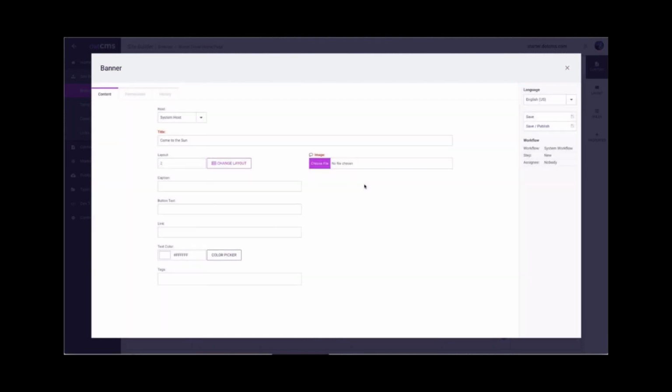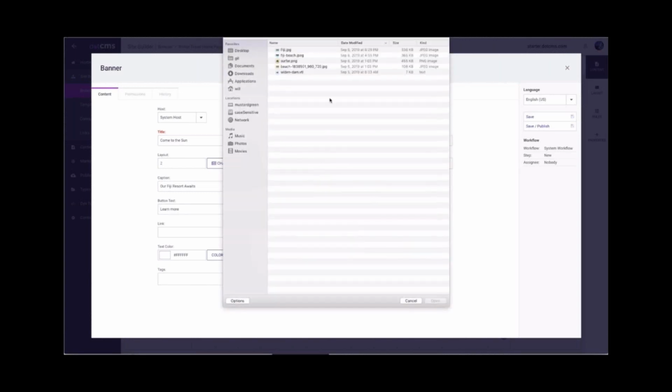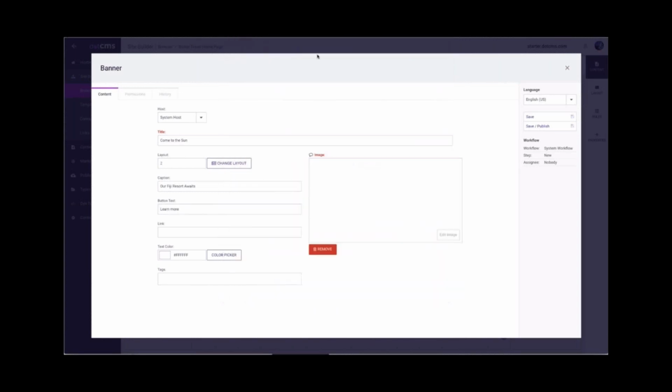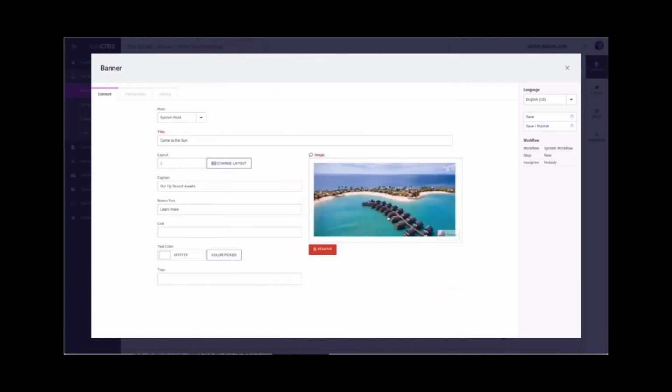Let's select that layout, caption, resort awaits. Learn more. And here I can choose a new banner image. Fiji, it's automatically going to be uploaded.